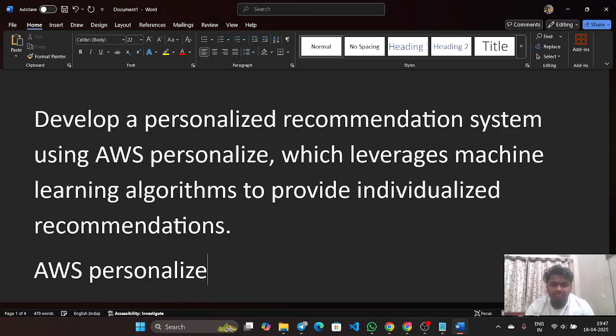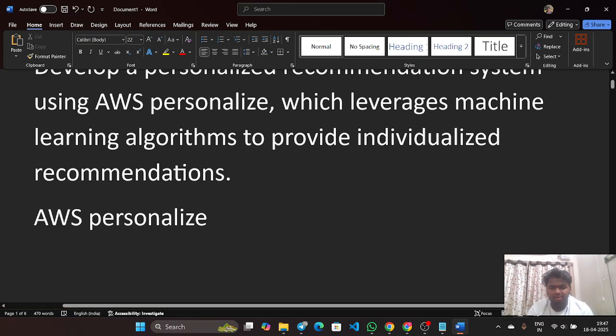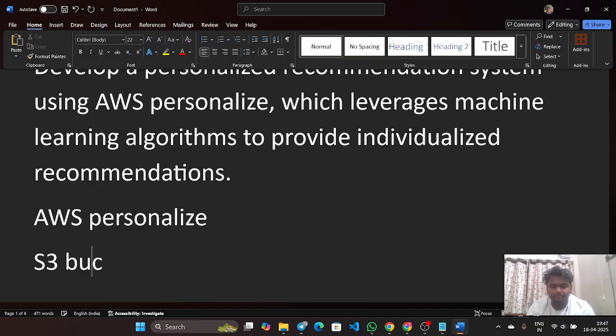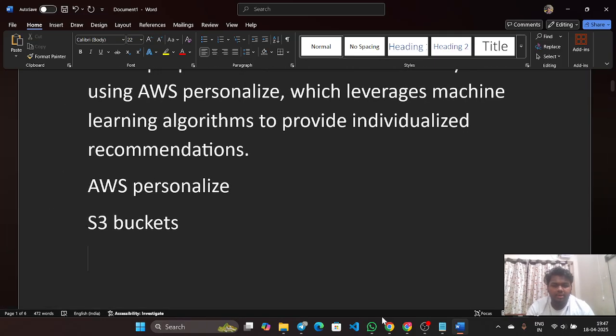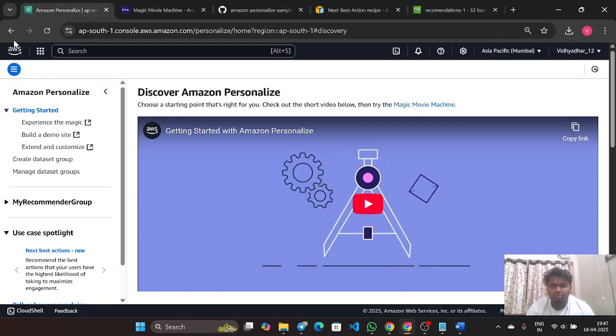This service is meant to generate recommendations for users based on their previous data or given data. For example, like Netflix movie recommendations, Google search recommendations, like that. For this, we will be using AWS Personalize and S3 buckets also. First, you need to go to the AWS console